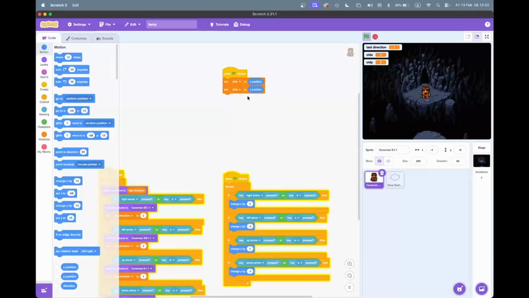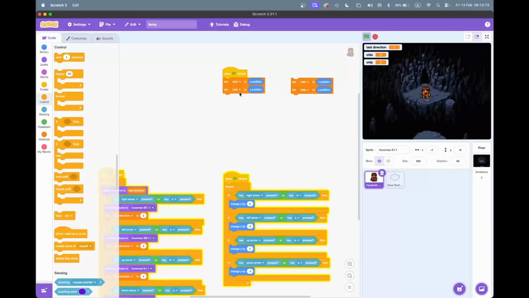I know we're going to need this element again, so let's right-click and duplicate these two and bring them over to the side so we can use them later. So now when the map is first started, it's going to set these variables to be the position of our character. This is good, but now we need it to actually restrict our character so they can't move outside of